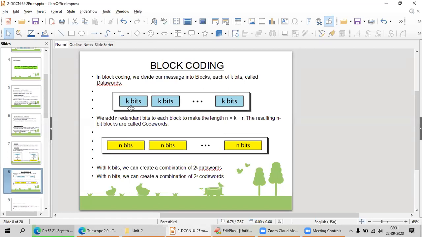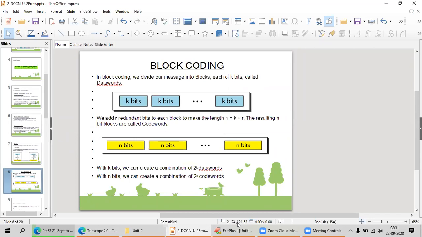Redundant means parity bit. For example, if I take k equal to 3 bits and r equal to 1, that means I am going to get n as 4 bits.